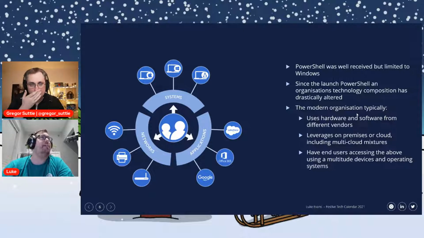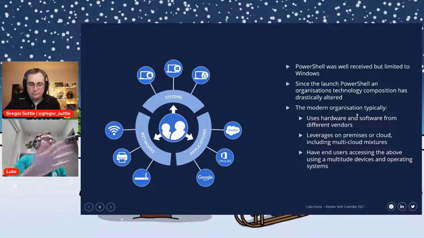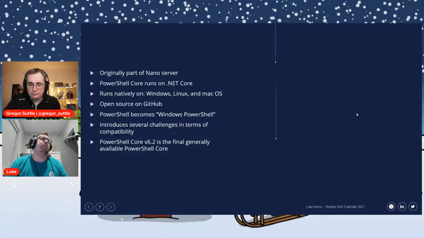I love it. But I think, since 2006, organizations' technology composition has drastically altered. Way back when we had Windows everything, from server, to OS, whatever it may be. We had Windows phones, all that sort of jazz. Now we're working in a completely different world. Hardware and software from different vendors. We have cloud, we have hybrid environments, we have on premise, and even multi-cloud, I should say. And end users are accessing the above using a multitude of devices and operating systems. So Microsoft wanted to unify this, and they worked towards